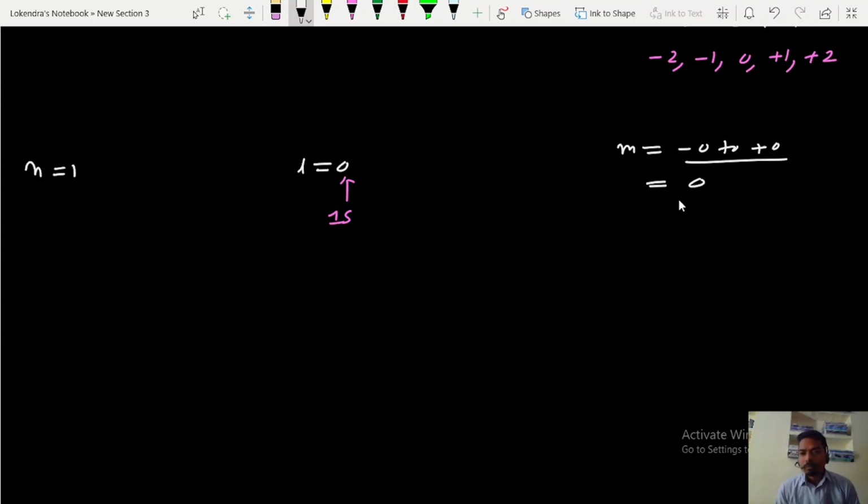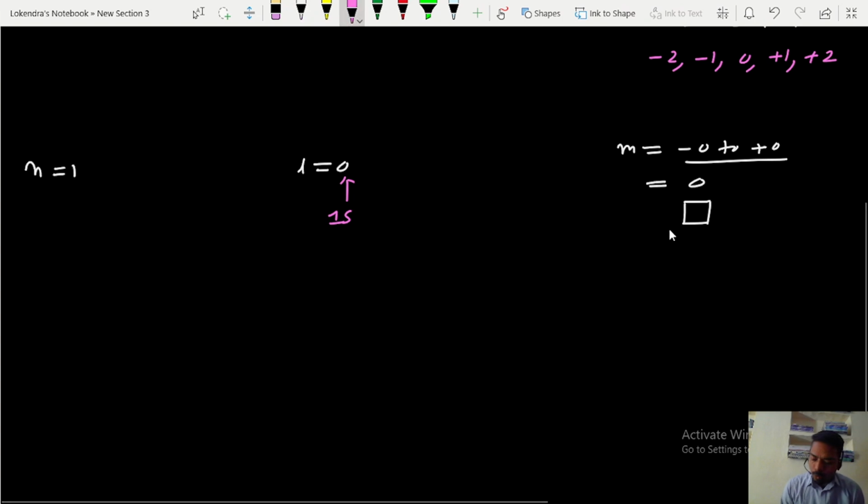m = 0 means it has one orbital, and we can represent this one orbital by a small square. The small square is representing an orbital. And this orbital has 2 electrons. All orbitals have 2 electrons in them, so we can fill 2 electrons. This orbital is also represented by 1s, and here we can write that for n equal to 1, the first shell, we have 2 electrons. Like this we can understand.